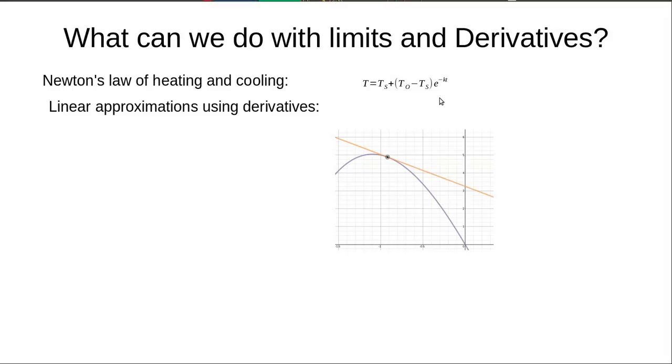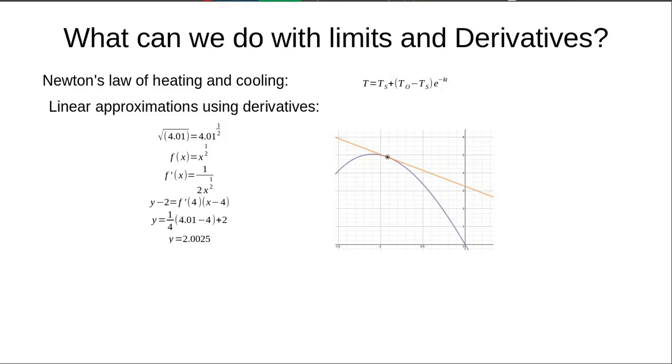We can also use derivatives for linear approximations, which are helpful for solving complex equations. For instance, the square root function. It takes a lot of time to do a square root by hand, and it's not fun. So if you know a perfect square, or the square root of a number, and the number you're trying to take the square root of is really, really close, such as 4.01,